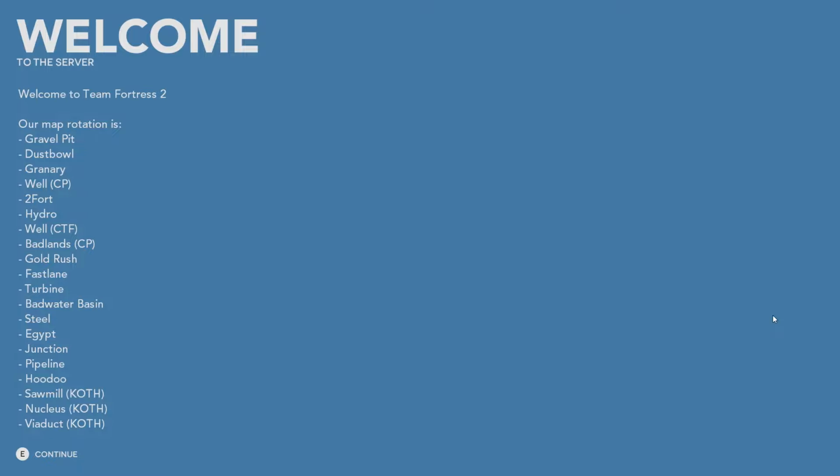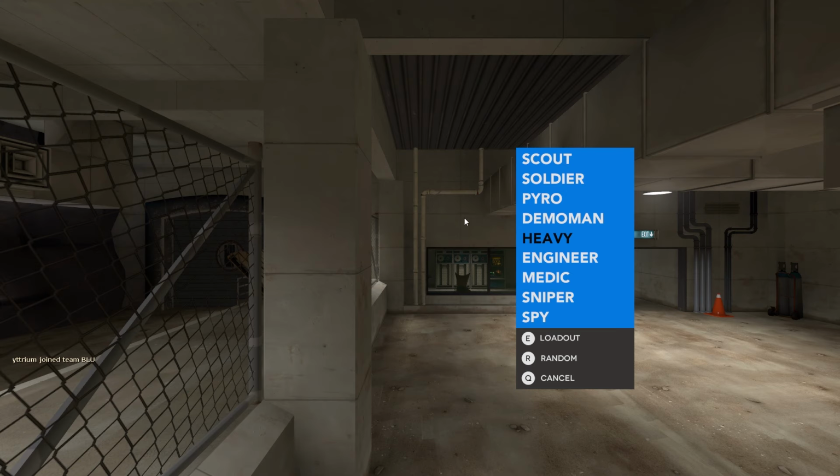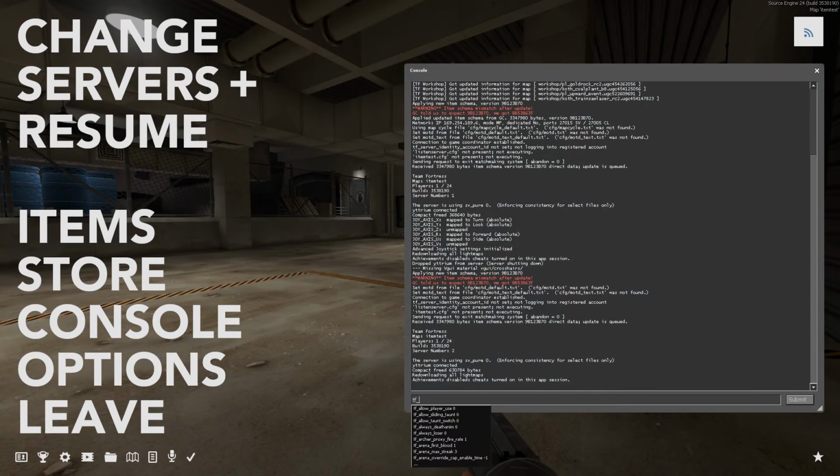Hi there. I've come up with a new method of hiding Viewmodels in TF2 that actually works on matchmaking servers. But first, I want to give a bit of background on why this is even necessary before I actually get into the advantages of it. So, to start us off here,